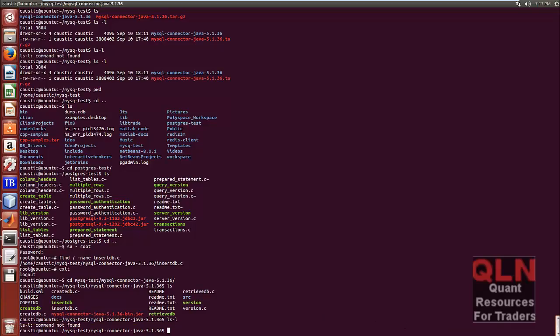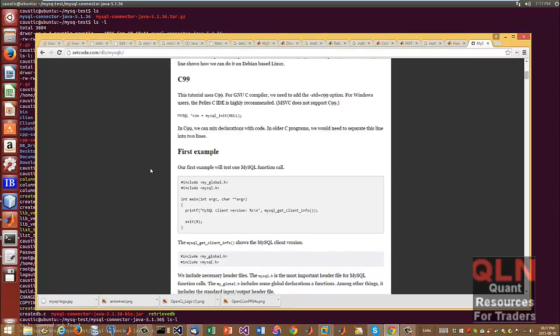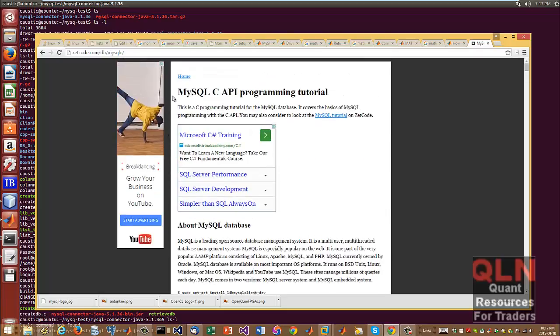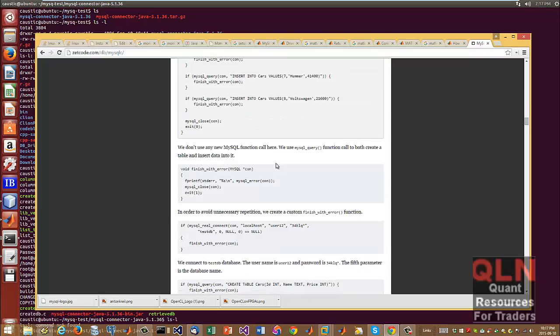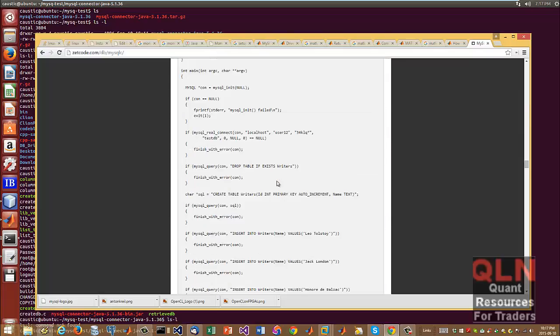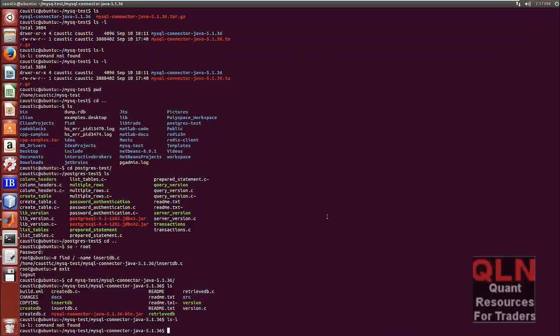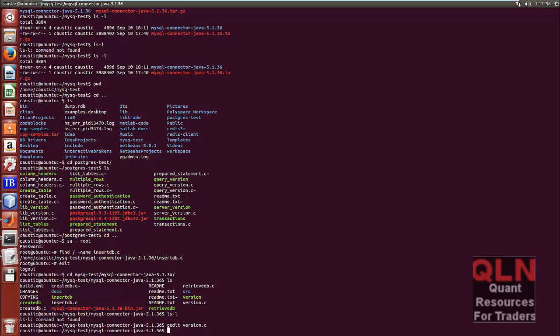Everybody, just wanted to show you the next language, which is C. I got it all from the tutorial from here, works perfectly, and I'll show you some of the apps. Okay. So there's a variety of different examples here. So if I load up my version.c,